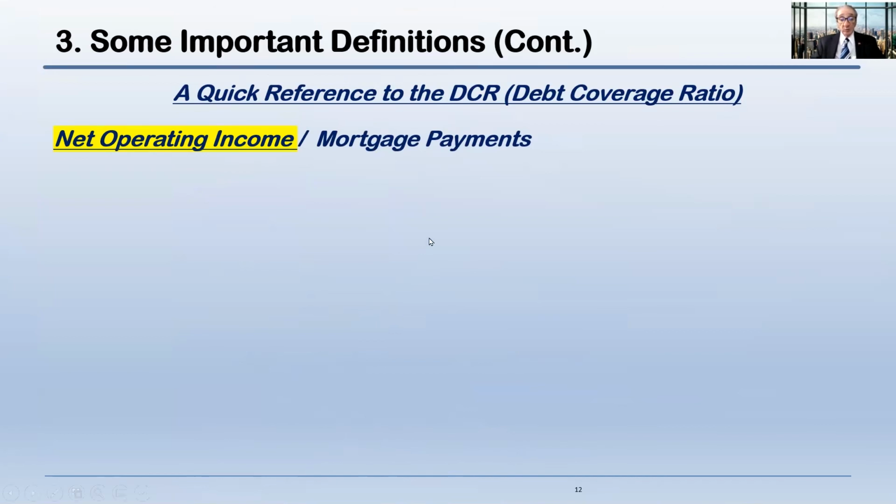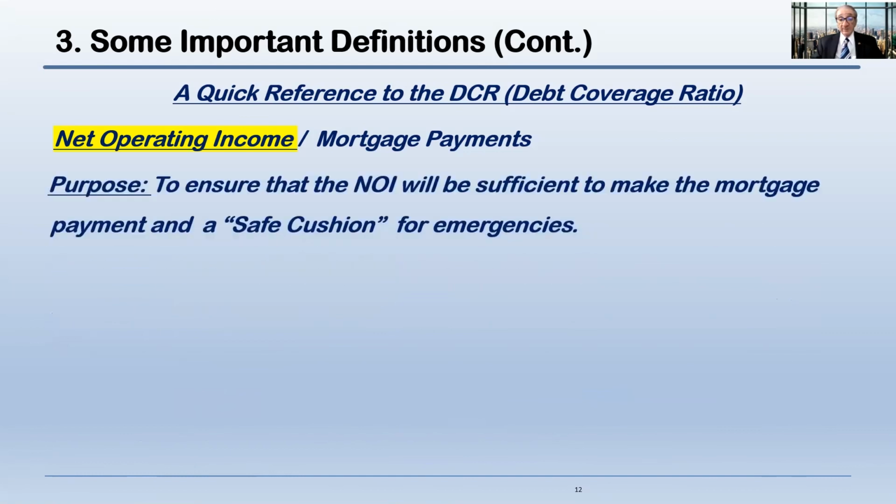And the net operating income should not just be enough to make the mortgage payments, but usually it should be 1.25 times. So the net operating income will have to be high enough that when you divide it by the ratio 1.25,